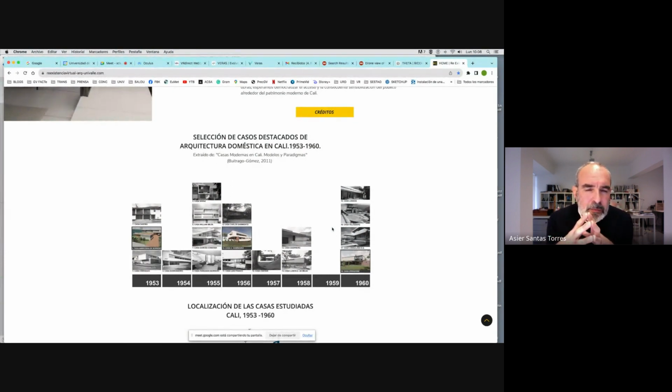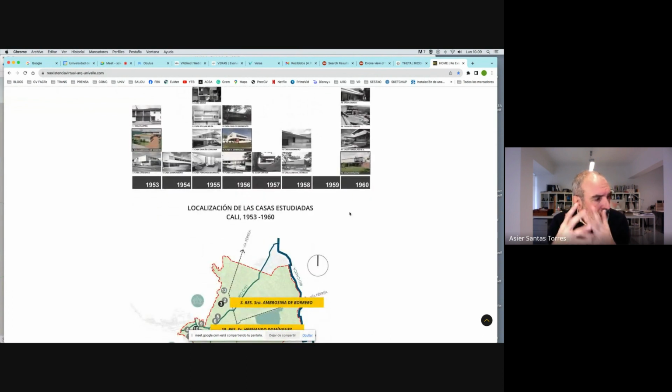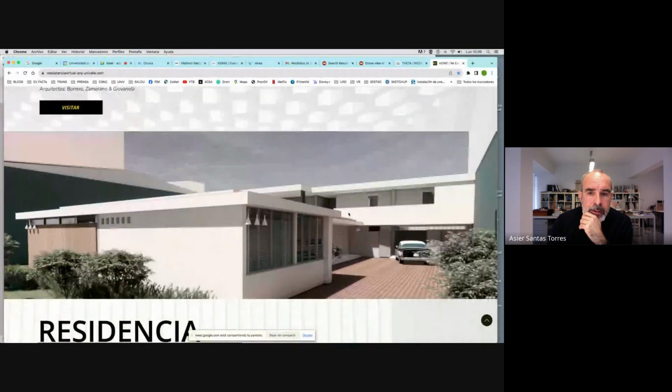examples of the 50s of the past century that are considered the best houses, individual houses of the modern movement in Colombia, and they have prepared, modelized with 3D model programs, like, for example, SketchUp, V-Ray, etc. They have modelized the houses, and they have created